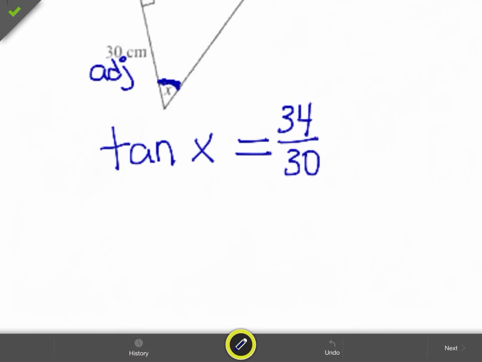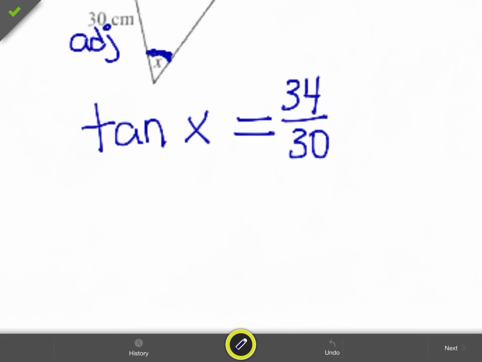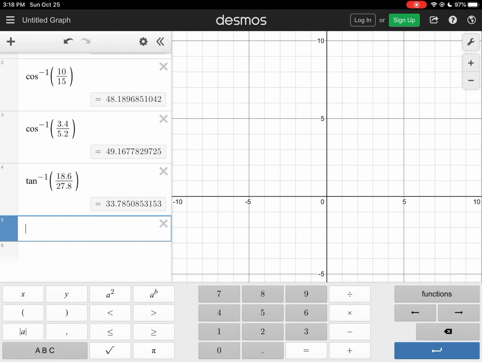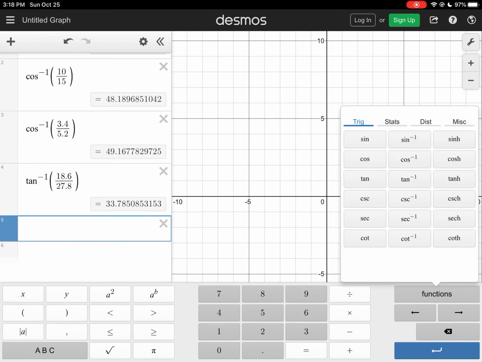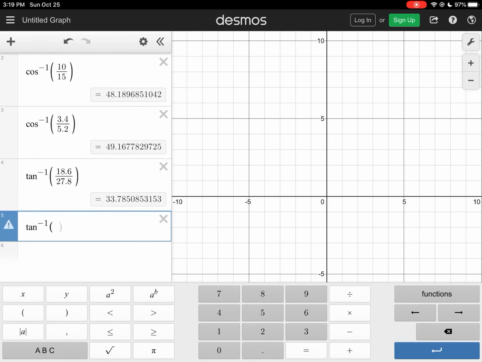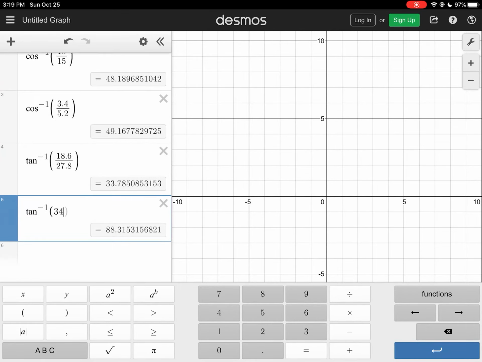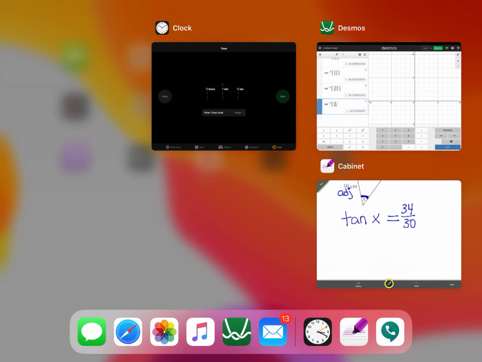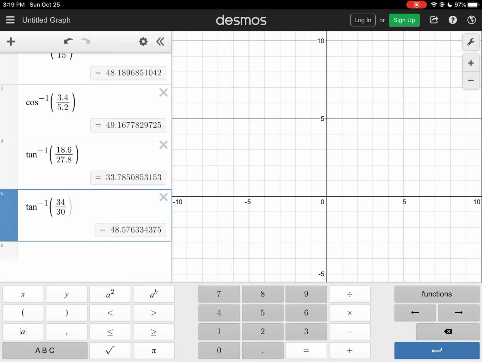All right, let's check the other. Well, no, let's go ahead and solve this one. Then we'll check the other one. So now you just got to head over to Desmos. Okay. Again, functions. It was tangent. We want inverse tangent, so tan -1. And it was 34 divided by 30. Okay. And again, I double check. Some of you have it split screen. It gets too small for me. So I get